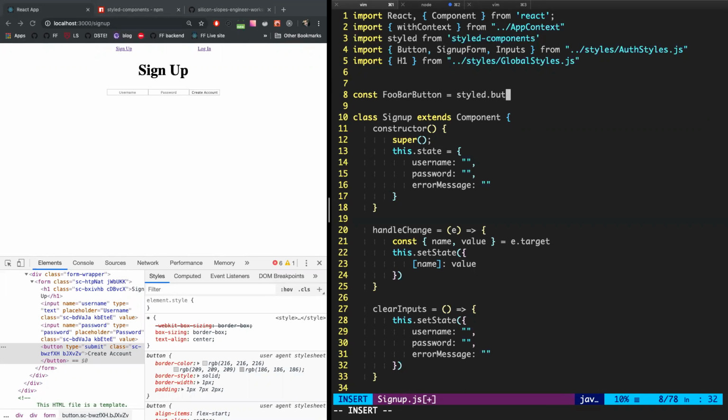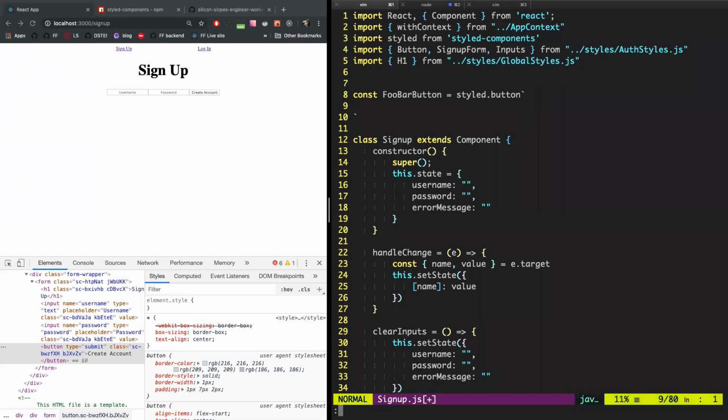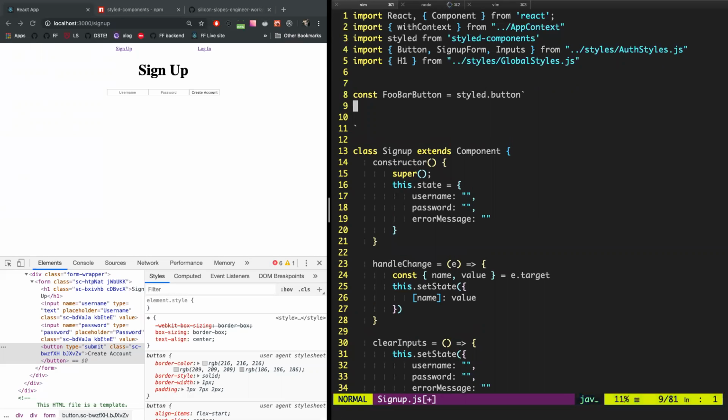button. Now you can name this any HTML tag that you want. You can name it A or H1 or div, whatever. That's what makes it so flexible. But we're going to call it a button. Now everything is enclosed in backticks. So we have our backticks. Now we can start writing out our